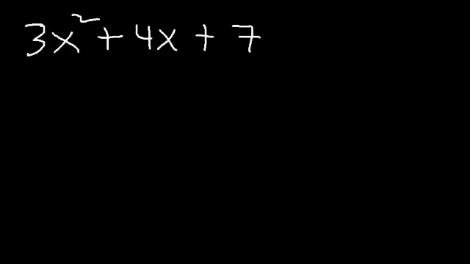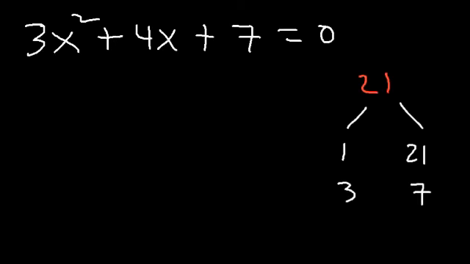So how would you solve this particular equation? 3x squared plus 4x plus 7. Now typically you would try to see if you can factor this expression. Since we have a trinomial, 3 times 7 is 21. If we could find two numbers that multiply to 21 but that add to the middle term 4, then this expression is factorable. The only factors of 21 are 1 and 21 and 3 and 7,